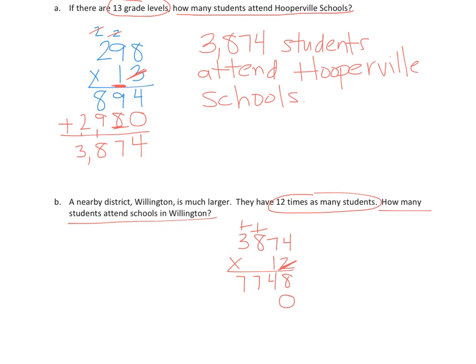I need a 0 placeholder. And I have a 1 in the 10, so it's going to be nice and easy to do. 4 times 1 is 4, 1 times 7 is 7, 1 times 8 is 8, and 1 times 3 is 3. Add those together. I get 8, 7 plus 7 is 14. 7 plus 8 is 15, plus 1 more is 16. Carry the 1 to the 10,000s. And 3 plus 1 is 4. So we get 46,488. So our sentence would be 46,488 students